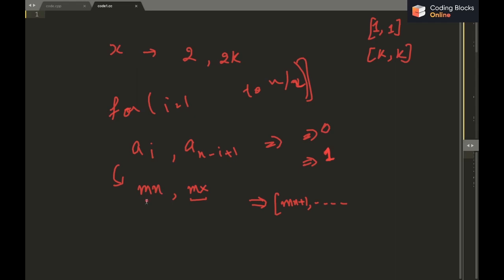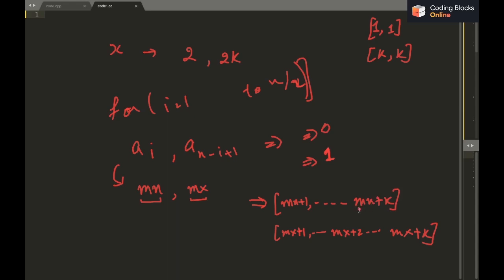Now if I change the mx value instead, our sum is going to be mx plus 1, mx plus 2, and up to mx plus k. And in the other case the sum is going to be up to mn plus k.